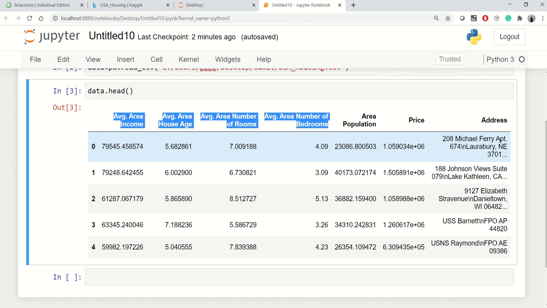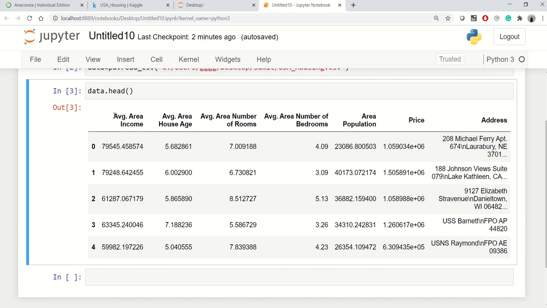Before applying any concept, let's try to understand what this data is about. I'll explain one by one. Here average area income is the average income of the residents of the city where the house is located. Average area house age is the average age of the houses in that area.